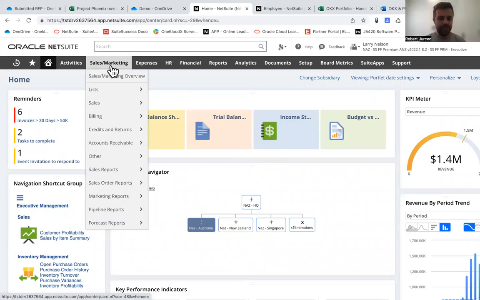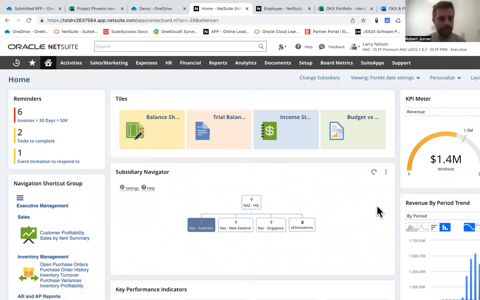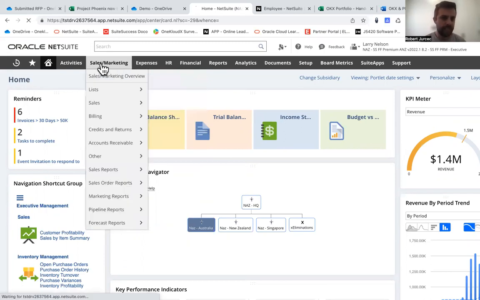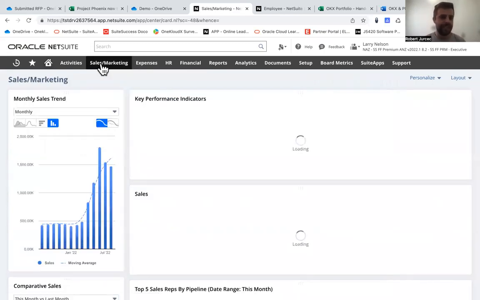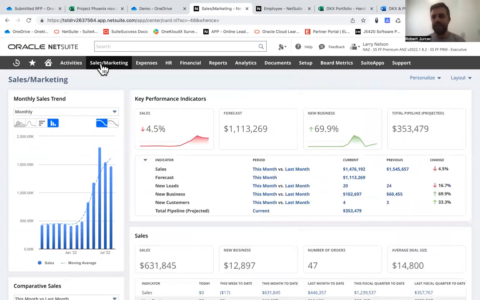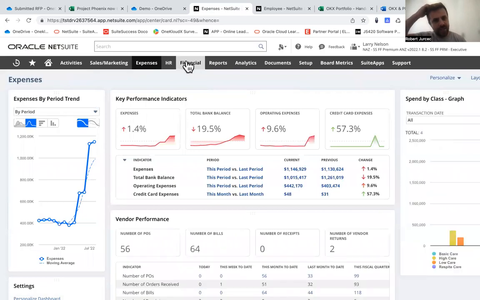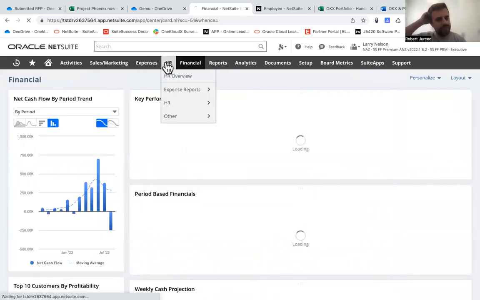The other great thing about NetSuite, like I said, I'm in the dashboard at the moment, being the home dashboard, but every element that you see up here, which is what we call a center, is also able to be drilled down and have its own individual dashboards as well. So if we click on sales and marketing, you'll see the sales and marketing dashboard. So the executive in this example can jump into different dashboards and look at different bits of information instead of having to try to clog it all together within the one main dashboard on the homepage. So they can have their separate dashboards, whether it's sales and marketing, expenses, financials, HR, employees, and so on and